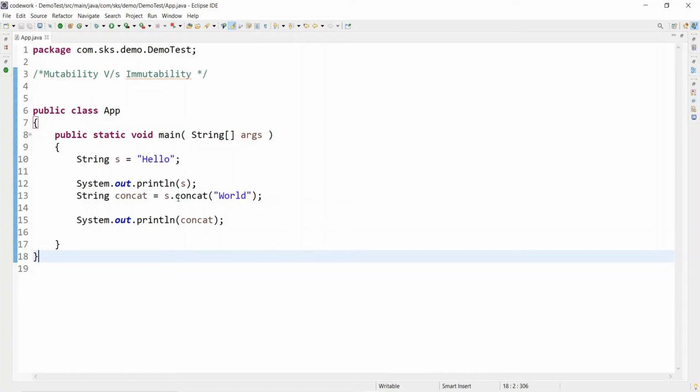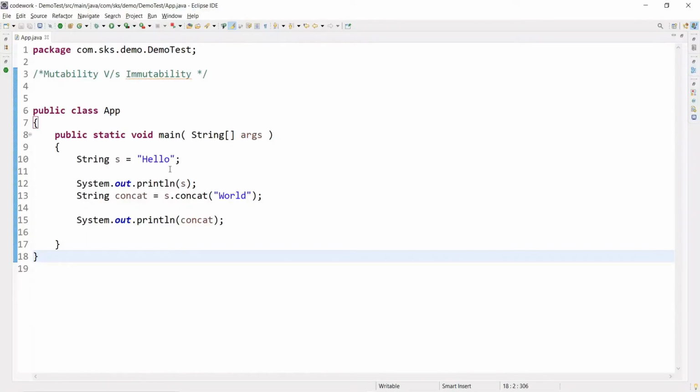So let's represent this code in a memory, right? So in memory, first we created a string s is equal to hello, then s object will get created in memory, and the s is a reference, pointing to this object in memory, right? And the object containing the hello, right? So hello gets created, that's fine. So what immutability says, once you created this object, you should not be able to modify or change the state of the object, right? And if you are trying to modify or change the object, the new object should get created, right?